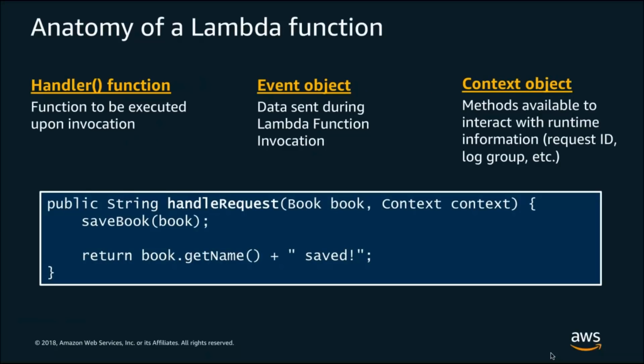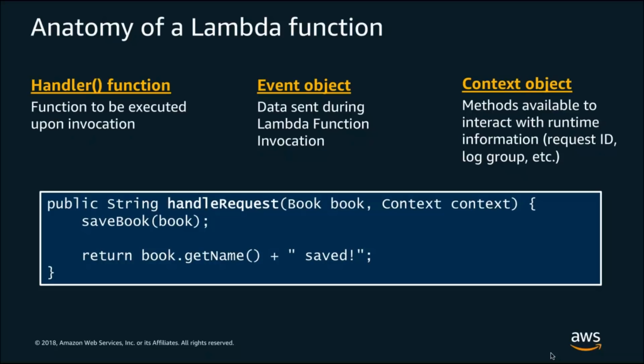And so Lambda has a pretty straightforward programming model. There's basically just 3 key aspects to a Lambda function that you need to think about. First, there's the handler function. This is kind of the core of your code's logic for serving your business needs. Essentially, this is the entry point for the business logic inside of your code.